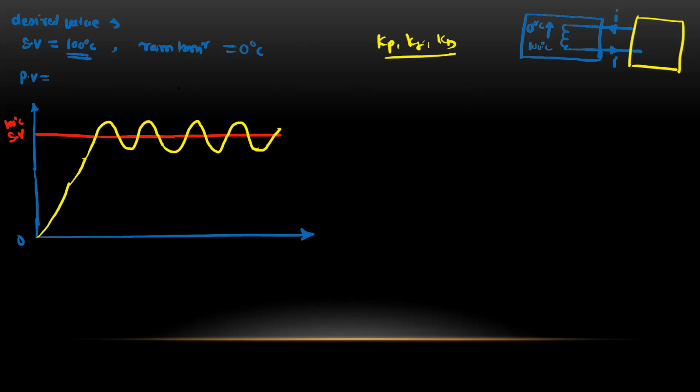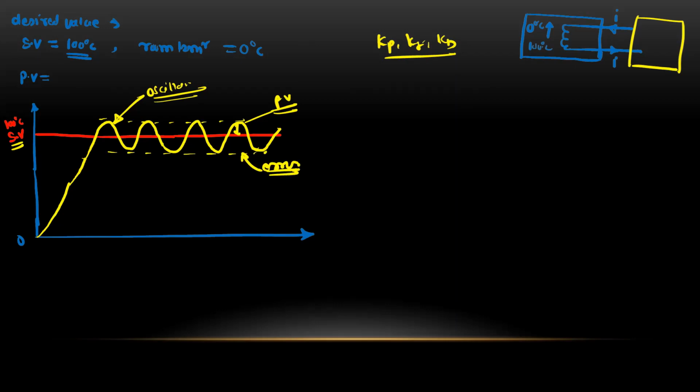Okay, so our aim is we want to minimize these oscillations. So you can observe here the output temperature. So here the yellow line is nothing but the process value. So process value, it reaches to the set value, okay, but it doesn't remain constant at 100 degrees Celsius. Okay. So in such cases, system becomes oscillatory. Okay. And to minimize these oscillations, also you can observe here. So we have here some error. So we want to minimize this error.